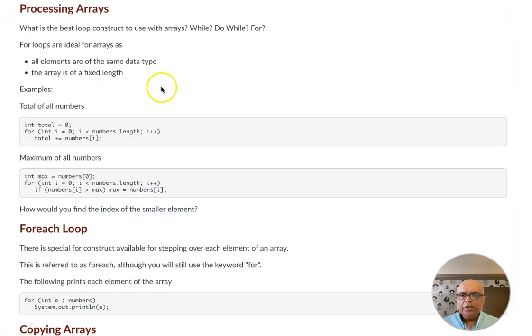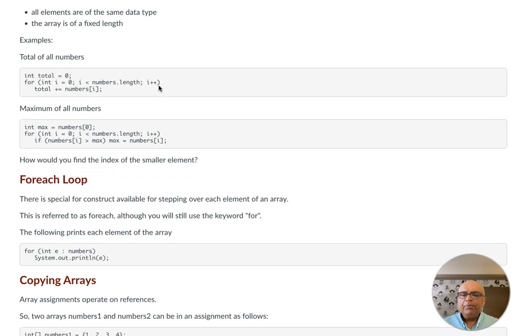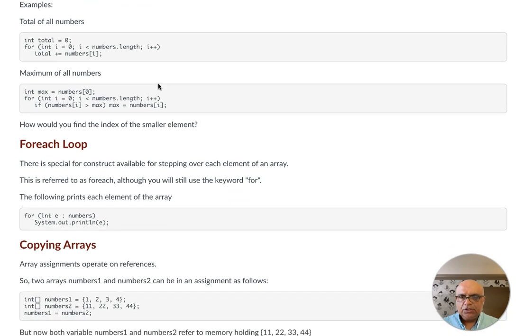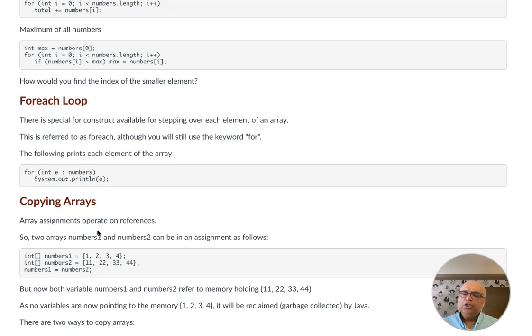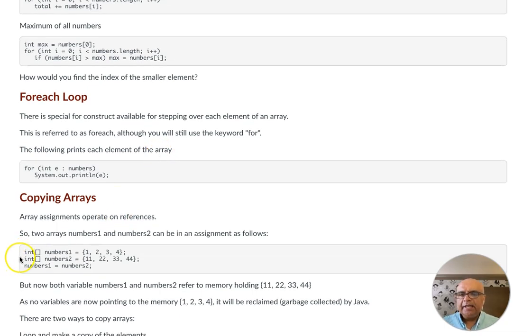Now we should note that arrays operate on references. So what that means is that when you do assignments between arrays, they are changing pointers to locations instead of actually making copies of values. So let's look at a concrete example. Here we have declared and initialized two arrays, and when we do this assignment, numbers1 is equal to numbers2,